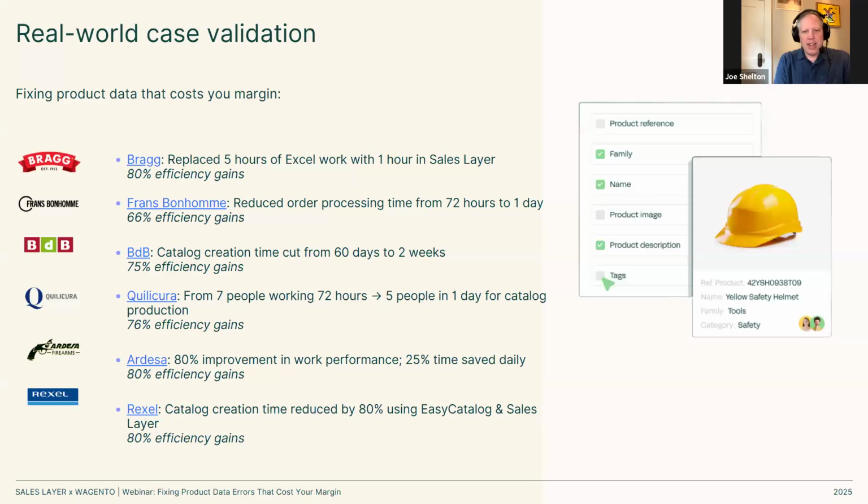Realistic timelines definitely scale with the amount of data that you have. If you're a company with 100,000 products, that's going to differ from a company with 1,000 products. But 3 months is a good place to start for a reasonably sized catalog. We're going to start with a phase of just defining your product data and making sure your different departments agree on how data should be represented. And then we move on to importing that data into Sales Layer. And then from there, we move on to automated export of that data into your various systems and catalogs.